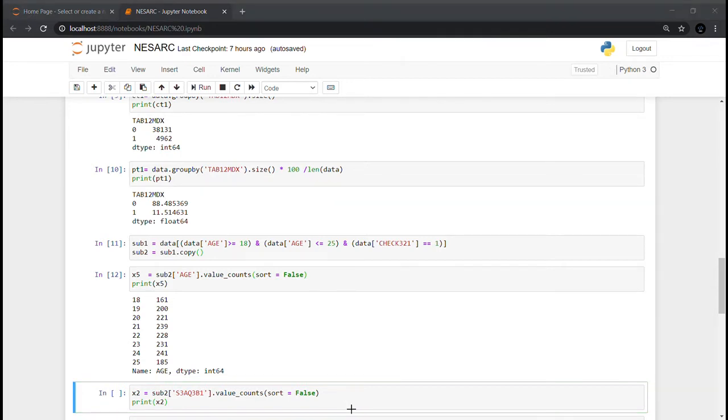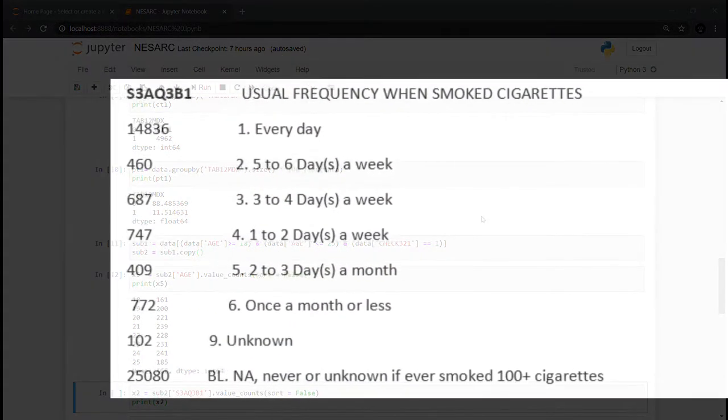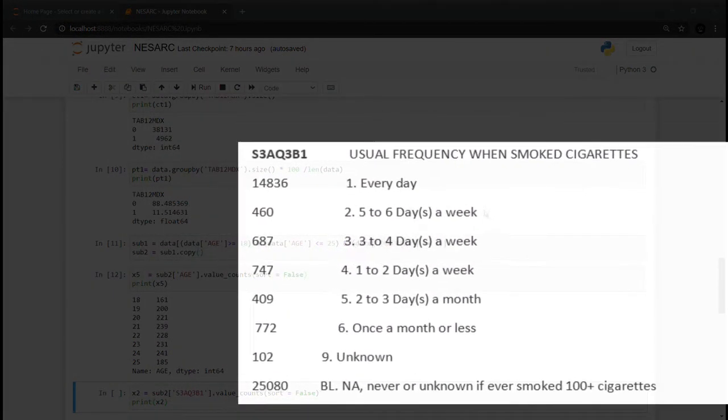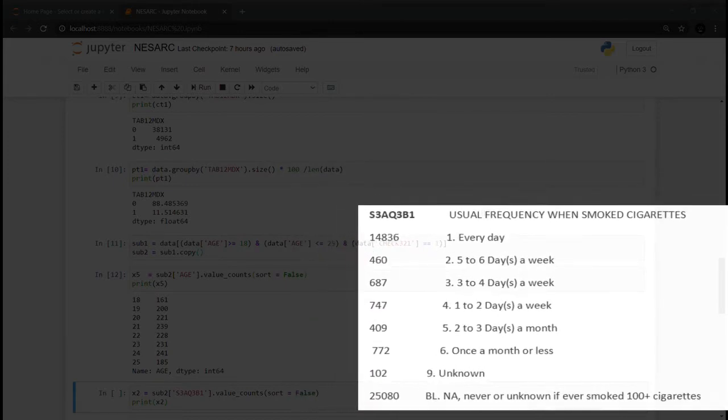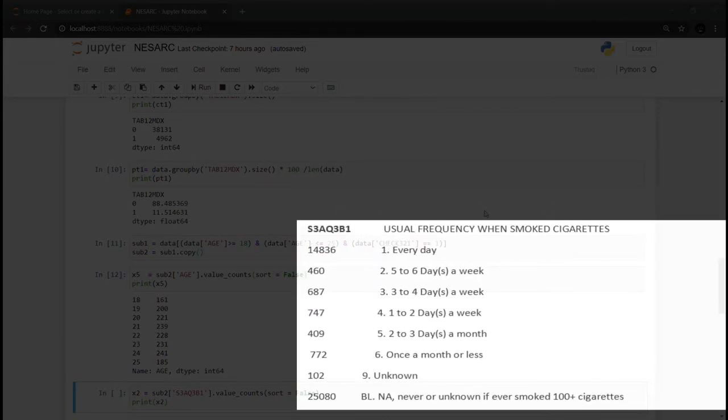Now if we look at the variable S3AQ3B1, which represents the usual frequency when smoked cigarettes, here the dummy codes are represented, and if you look at the dummy code 9, then it shows that the samples are unknown, which means that we don't know how much these individuals have smoked, so we don't want to include them in our analysis, so we will set them as NaN.